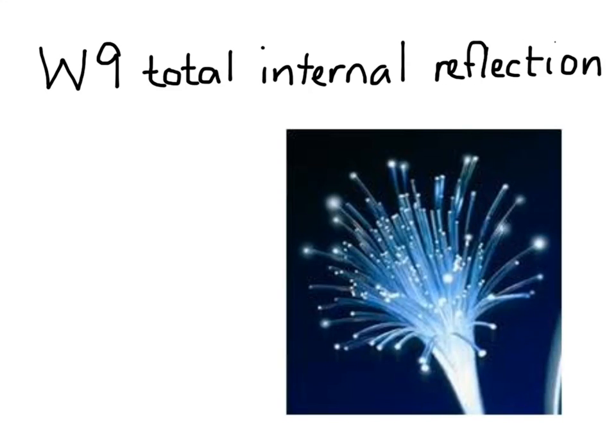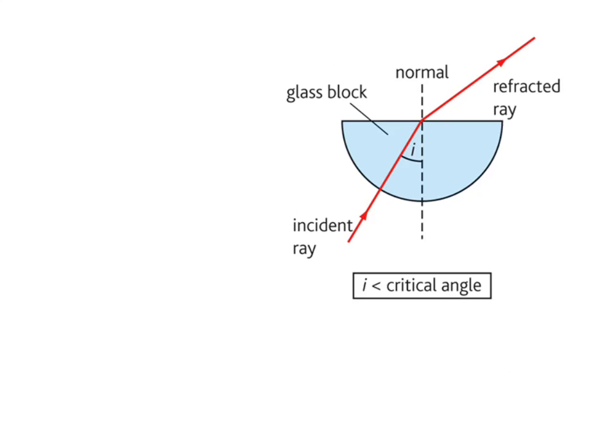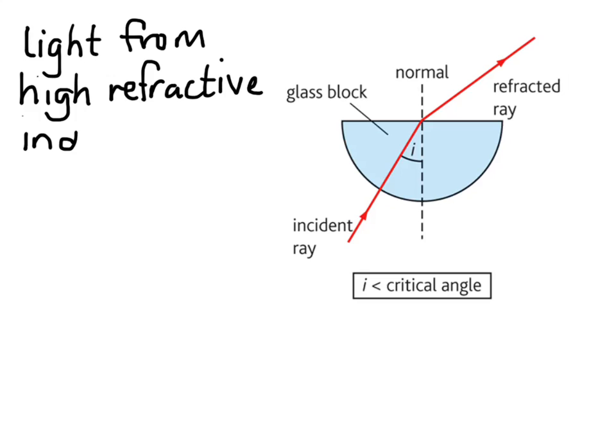W9, total internal reflection. The picture you can see here is of a bundle of optical fibres, so we'll see how they're relevant shortly. So we've already discussed refraction, which is where light bends at an interface between two different materials. So far we've gone from a low refractive index to a high one, in other words from air into glass, but now we're going to consider going the other way around, so going from a high refractive index to a